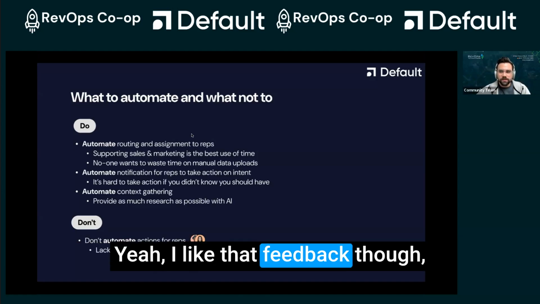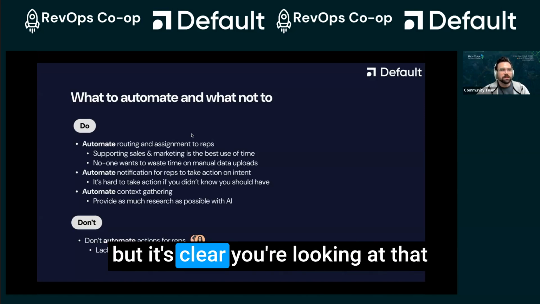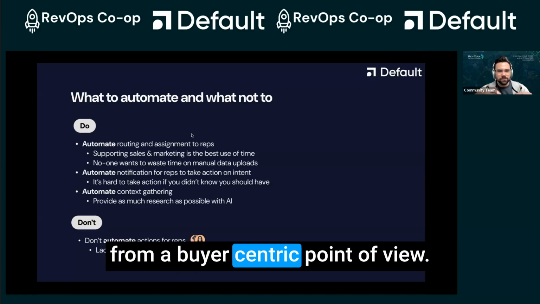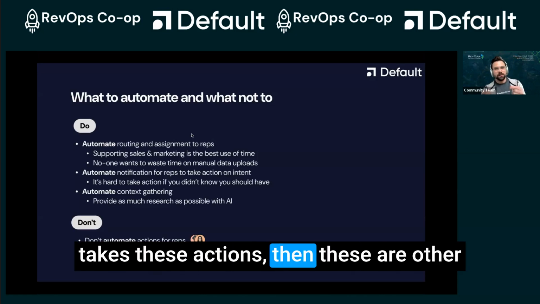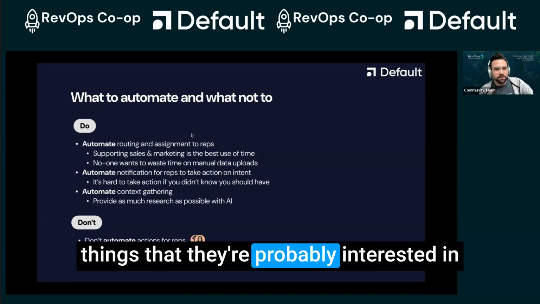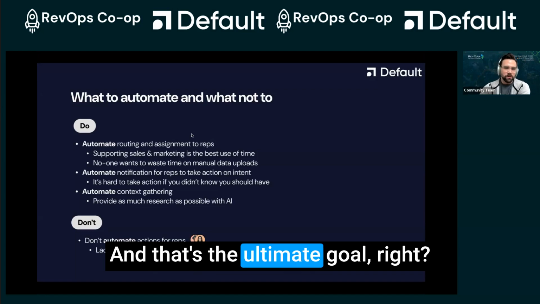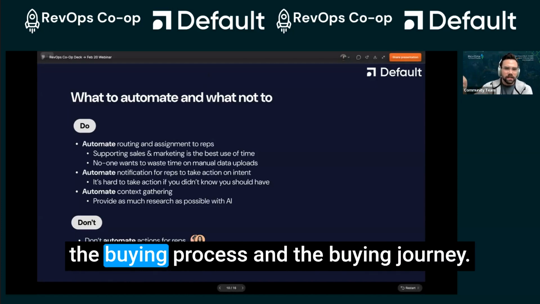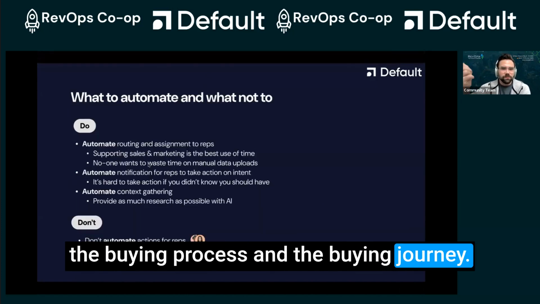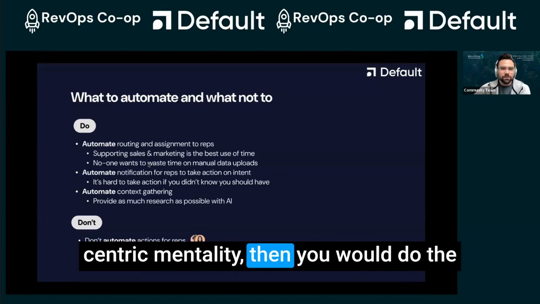I like that feedback and that guidance because it's clear. This might sound obvious, but it's clear you're looking at it from a buyer-centric point of view. If a buyer takes these actions, then these are other things they're probably interested in that could help them along their journey. That's the ultimate goal, right? You're trying to guide people and deliver as much value as you can through the buying process and the buying journey. If you went with a seller or sales-centric mentality, then you would do the opposite,